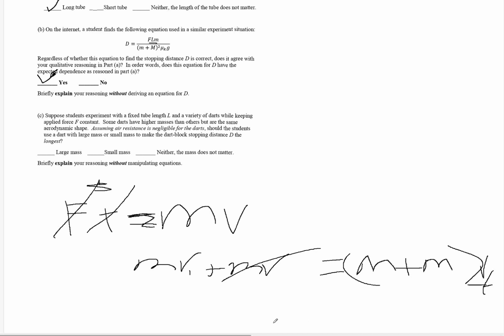Okay, so mass and velocity have an inverse relationship with each other. So when mass goes up, velocity will go down, and vice versa. So in this, we see that when the mass goes up,